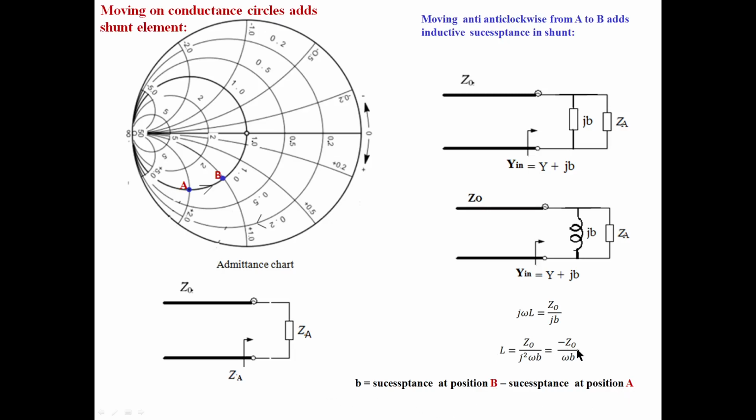That you substitute here. See, if it is plus, you should take a plus value: plus 1, plus 2 here. If it is minus, you should take a minus value. If you are moving like this, this is A, this is B, then minus 0.5, minus 1. Like that you should take negative values, because you are in the lower part of the chart. In the upper part, susceptance values are positive, so it is plus 1, this is plus 2.